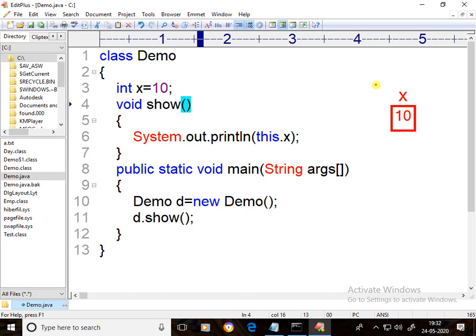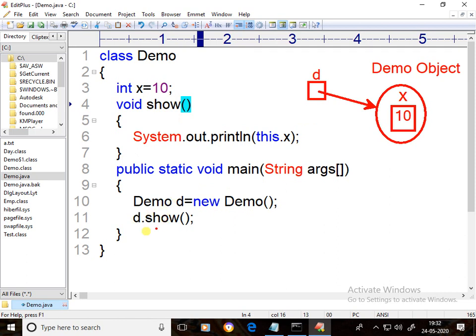Object created, it is a Demo class object. This object is referred by d. d contains the hash code. Here object created, then memory allocated to instance variable x, that object referred by d.